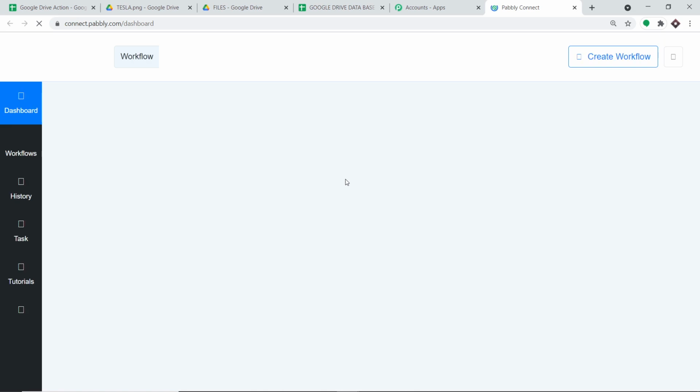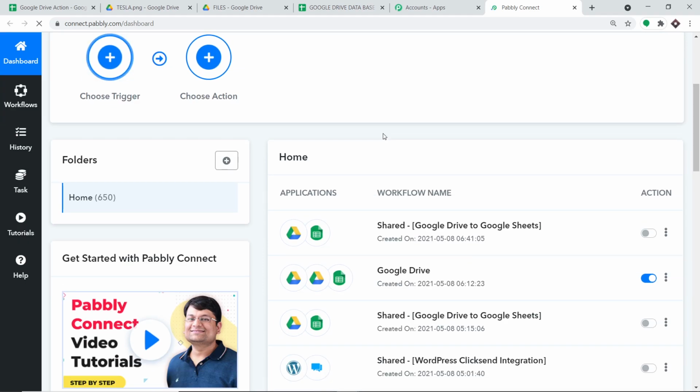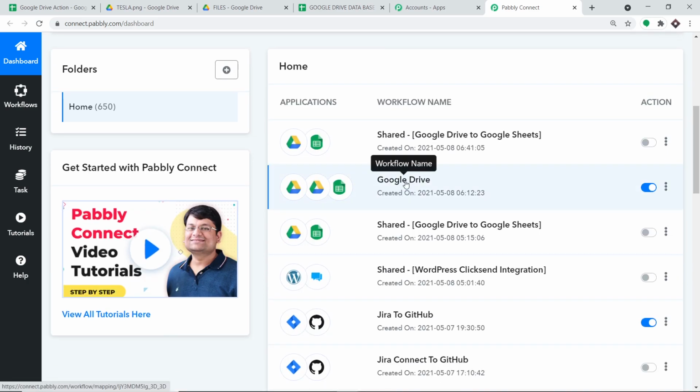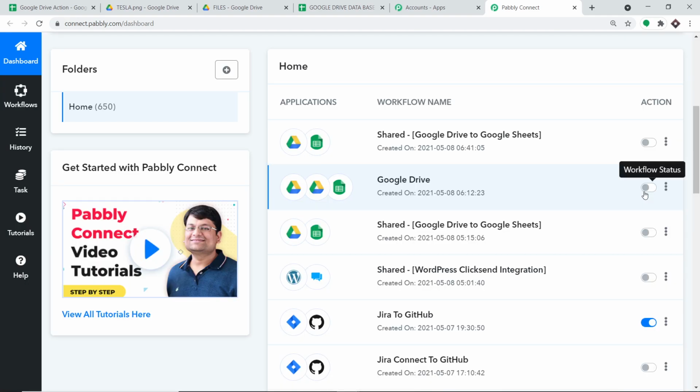Okay, so basically we are going to create a new workflow. Now before I create a new workflow, there is something else I have to do. As you may see, we have already integrated Google Drive and Google Sheets. That is why we have got the data in Google Sheets. This is the workflow that has integrated Google Drive and Google Sheets. Now I'm going to switch off this workflow. Your obvious question is, why are we switching off this workflow? Well, the answer is very simple. Because we are going to create a new workflow, this old workflow running in parallel to it will create the problem of duplication of results. Basically, for the same image in Google Drive, since there are two workflows running, the old as well as the new, the data will be entered twice in Google Sheets. So to avoid the duplication of results, I have switched off this workflow.